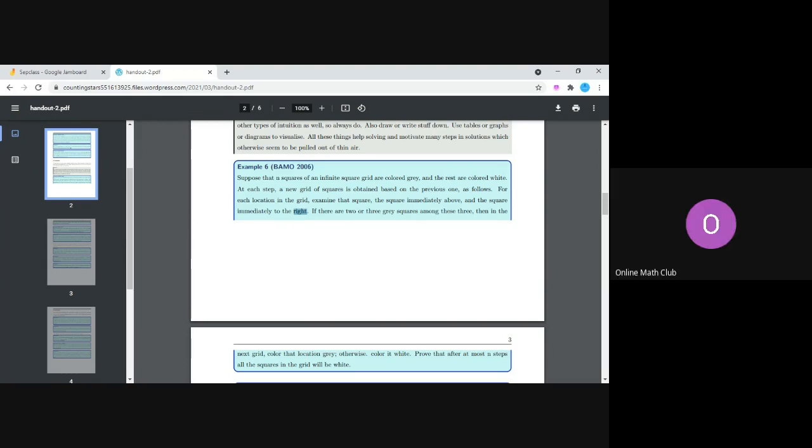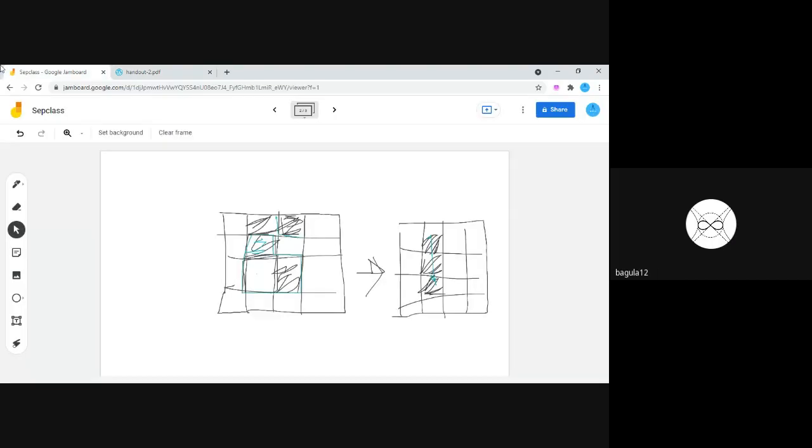But notice that we're not looking at the squares on the bottom and the left, right? We're not looking at the square to the bottom and to the left of it. Even if you have a square to the bottom and the left, we don't consider it. We don't care about it, right? Yes. And as a matter of fact, if you think about it,